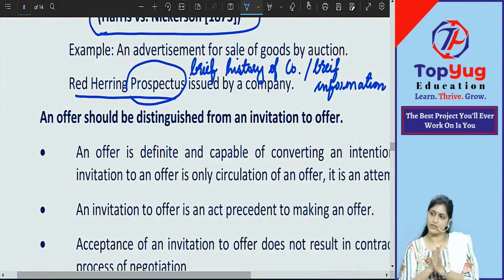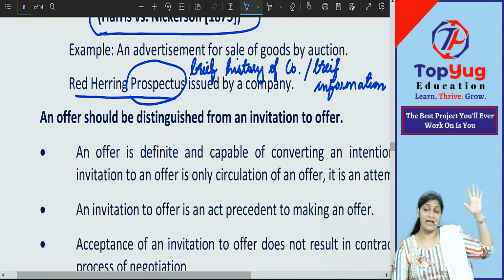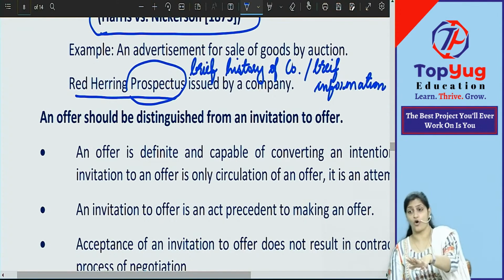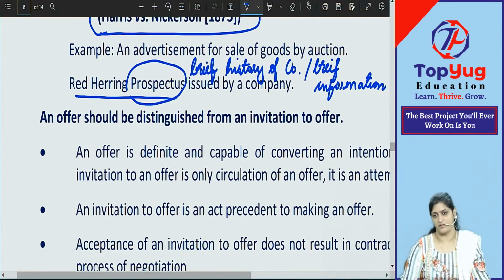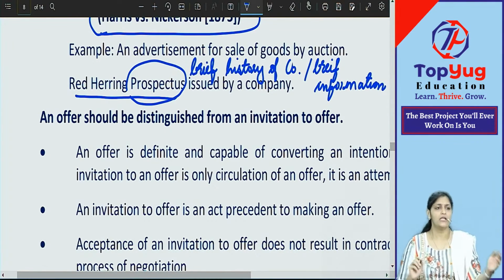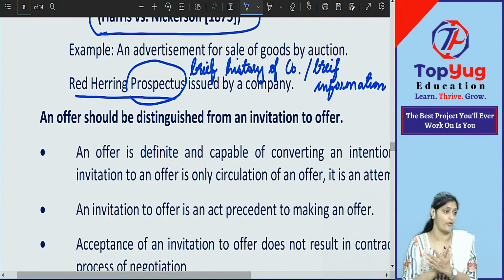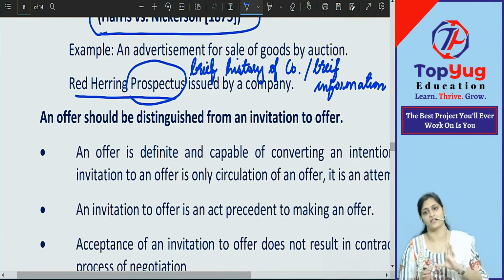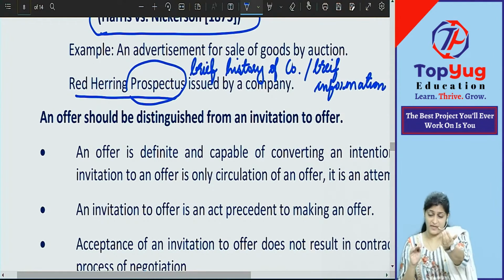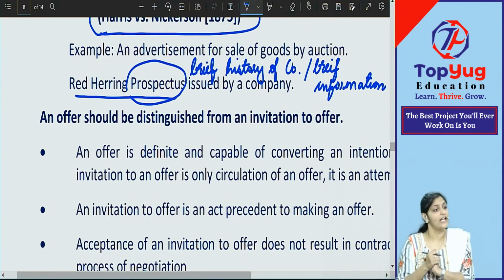Say the company has been doing business for the past 5 years. For the past 5 years, these were the profits, this was the loss, these are the directors, these are the assets of the company, these are the liabilities of the company. Everything will be given in the prospectus. It will be issued. The normal public will see the prospectus. Okay, this is a very good company. It is having so much profit, such good assets, and liabilities are also less. So we will invest in this company. So seeing the prospectus, you come to the company and tell them that we want to become shareholders of the company. We will give you money for the company.